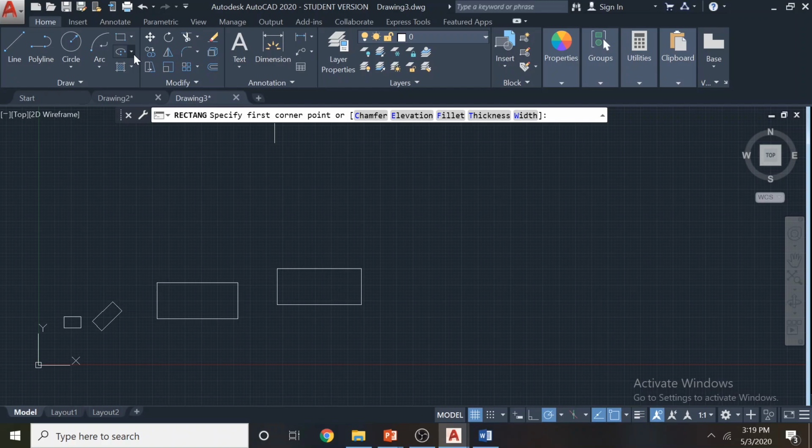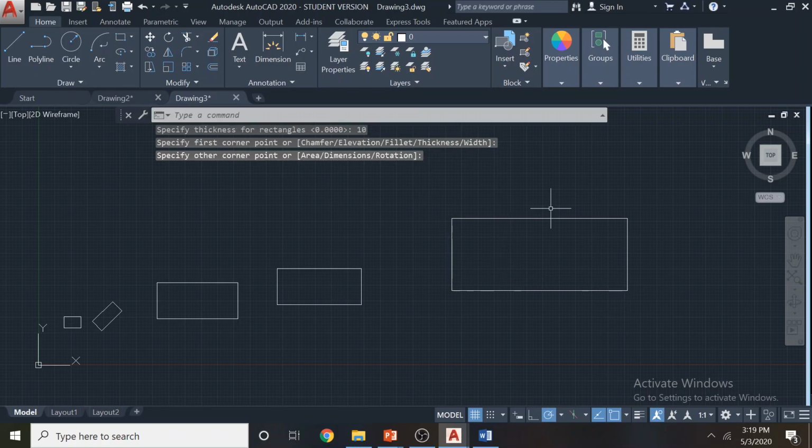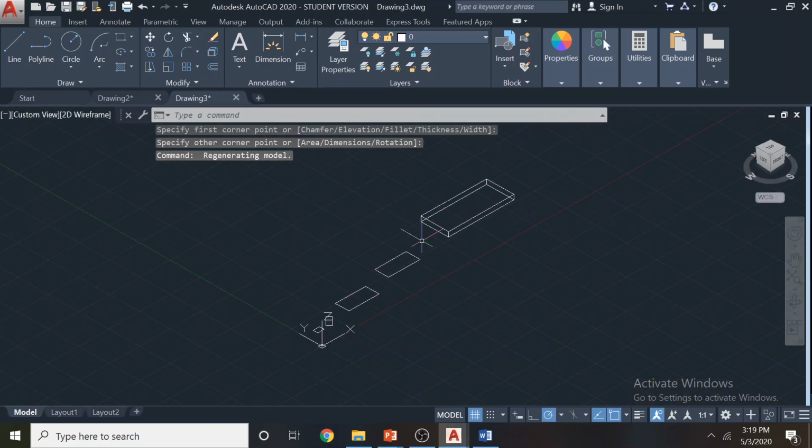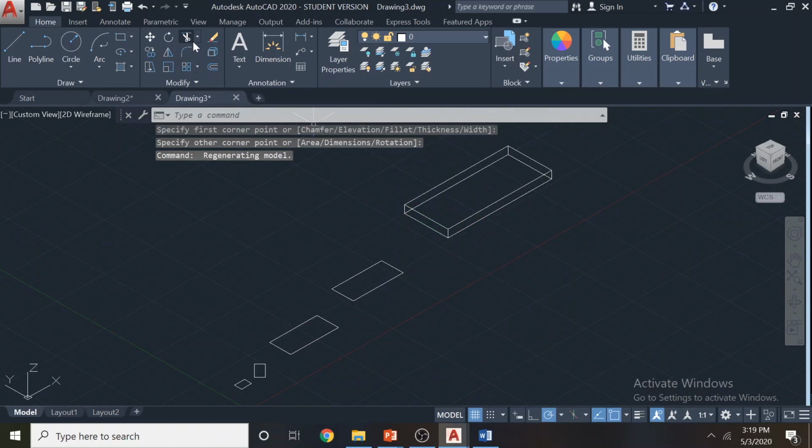Then there is another tool called thickness. Say if I give a thickness of 10 and draw the rectangle, you will not see a difference. But if you come here and get the 3D mode, you see a thickness coming now. So it's like a cuboid now. We have given a 3D shape.